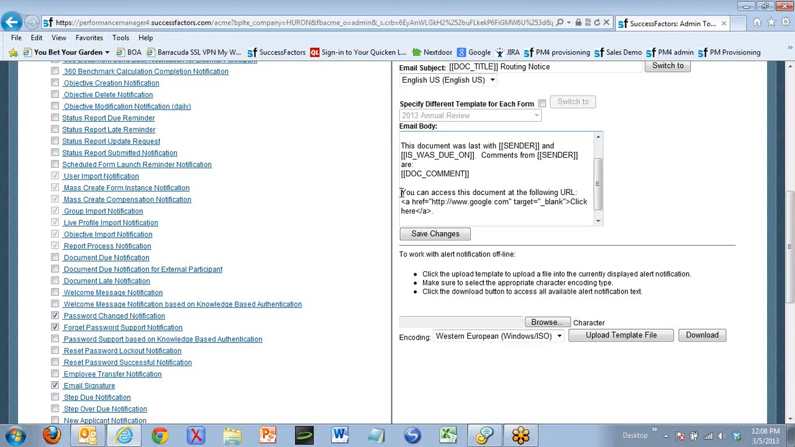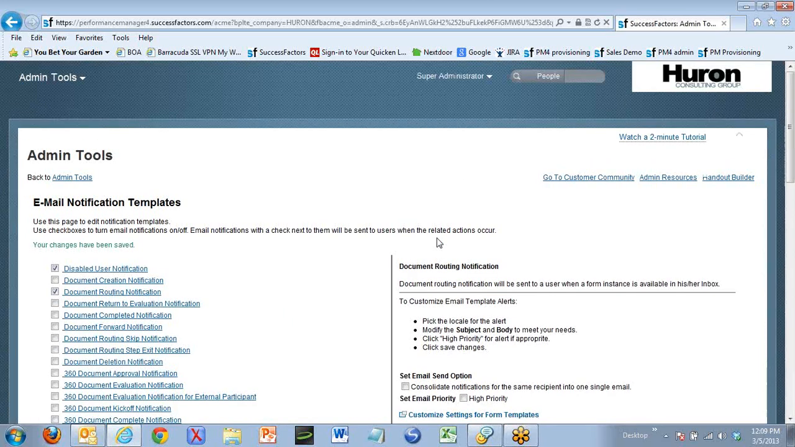So you would put that at the beginning. So it's actually "Click here to access this document" and take out the following URL. And then close the tag. That should do it, but test it, because you do have HTML